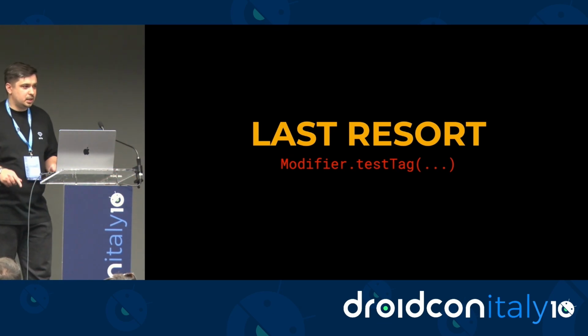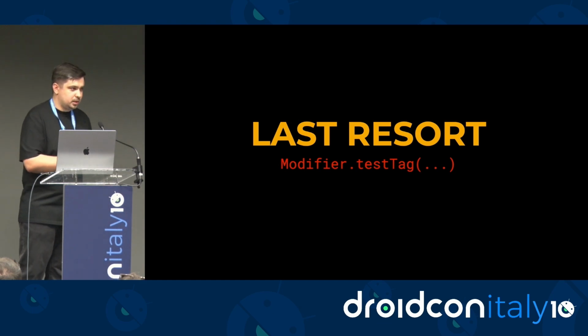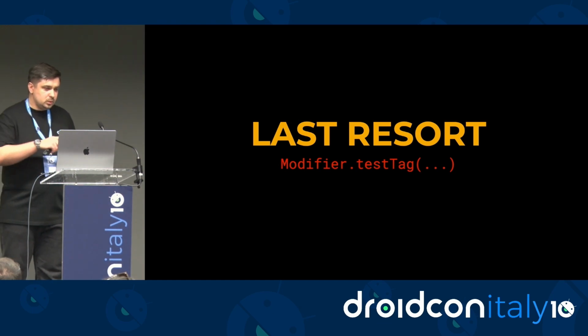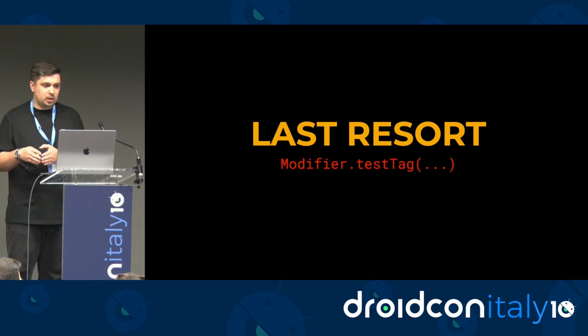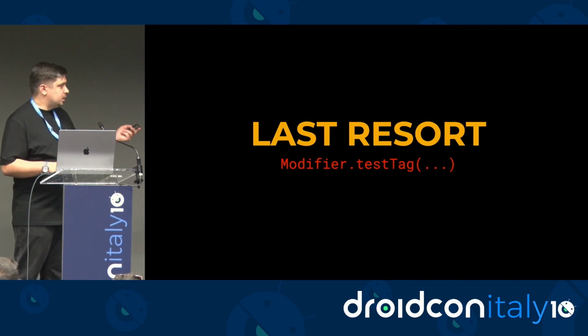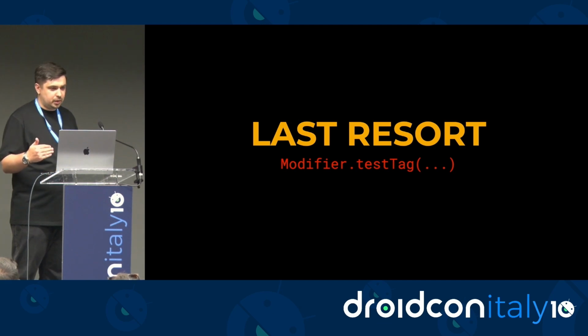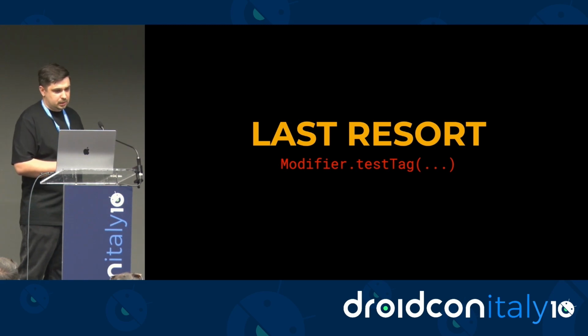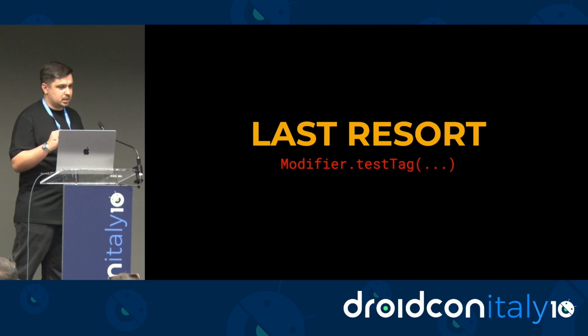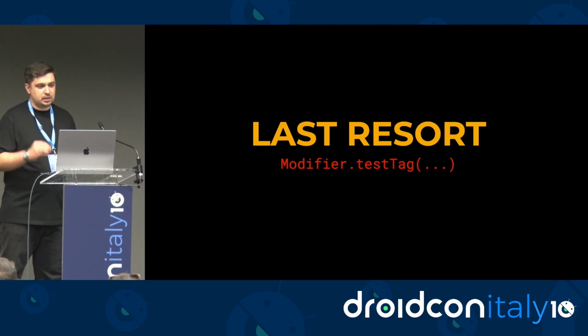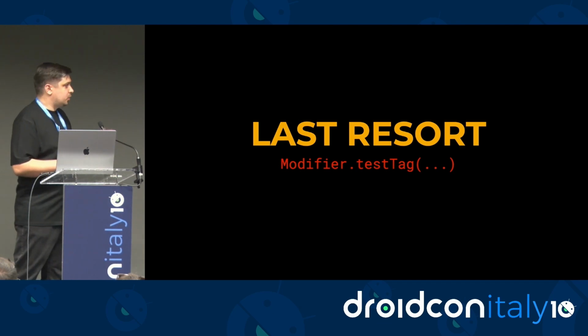The reality is that if your application is accessible, if you can, as a user, see this element, most probably, first of all, it should be accessible, and secondly, it means that if you analyze the semantic tree, almost always it's enough information for you, and you don't need to use testTag. If you use it, I recommend using it only in cases when you cannot find the element in the semantic tree, because first of all,